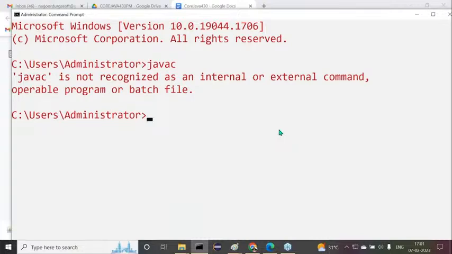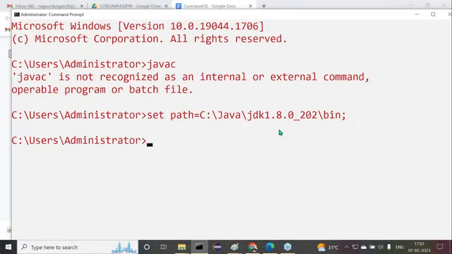Okay, all right. So now it's not available. So what do I have to do again? Again, I have to set the path environment variable. How am I going to set the path environment variable again? Here we have to use set path equals, and there we have to provide C:/Java/JDK1.8.0_202/bin;